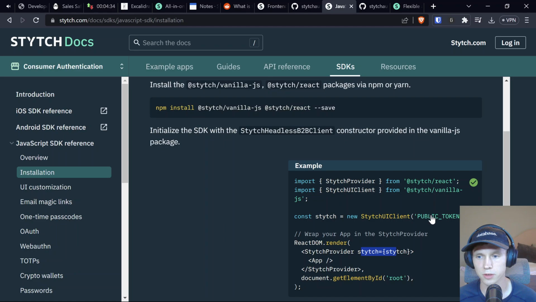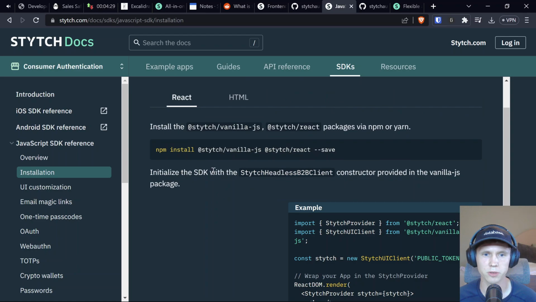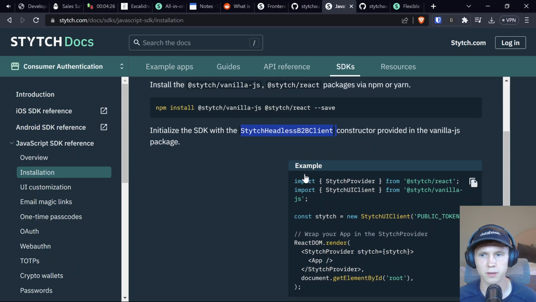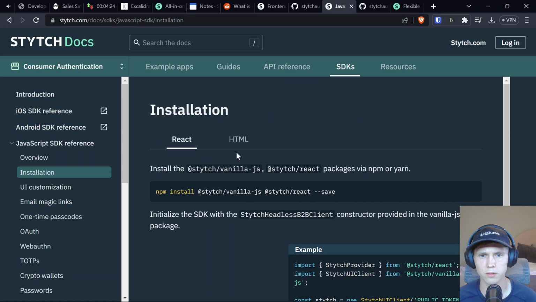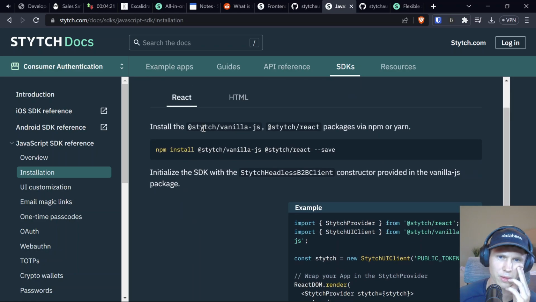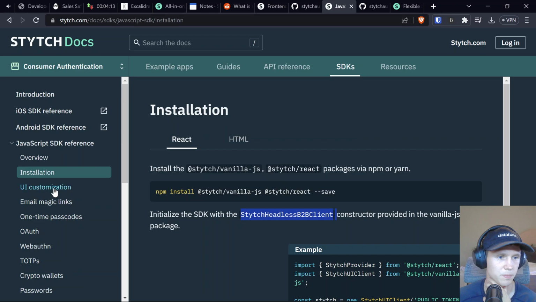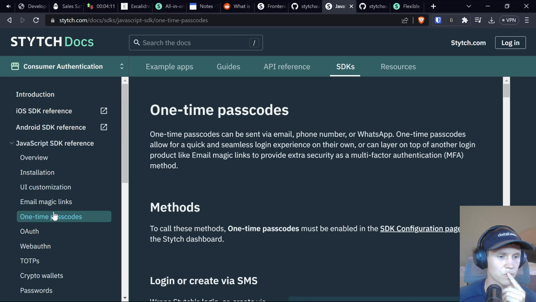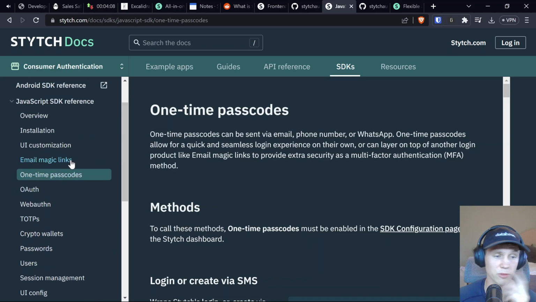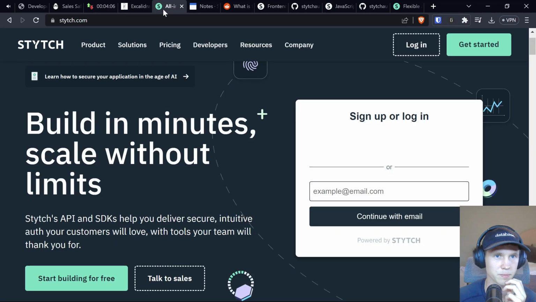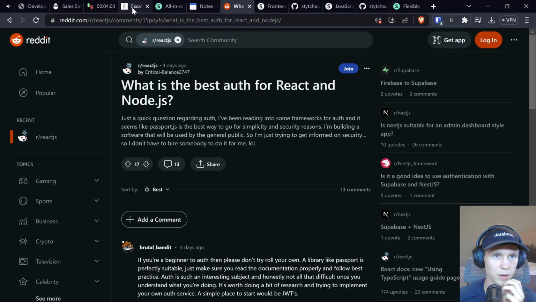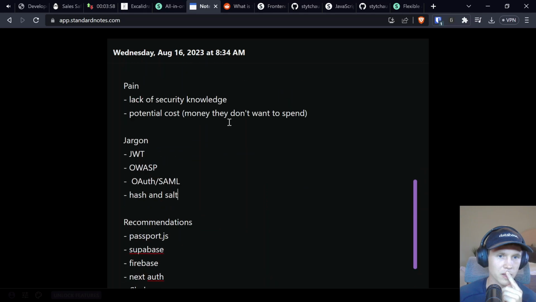Stytch. Oh, okay, so you've got a public token. Interesting, though. So initialize with a B2B client. Wait. That's confusing. Initialize the SDK with a Stytch headless. Okay, well, I don't want to go down the rabbit hole, but one-time passcodes. It's cool. Okay, so it's got a ton of stuff. Okay. So if we come back. Okay, so